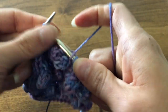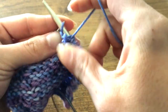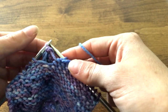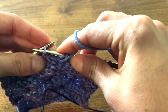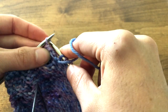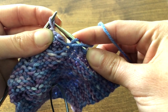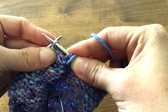Now I'm just going to knit to the end. Okay, so I am working on a stockinette swatch here, so my bumps are all on the back. So I've purled across to my stitch, but you can work these bobbles in garter as well. So I've come here. This is my bobble stitch that I've created on the other side, and like the knit through the back that we used to make the second bobble, we're going to purl through the back. So if this leg here is the front of the stitch and this leg here is the back of the stitch, you're going to insert your right hand needle through the back of the stitch